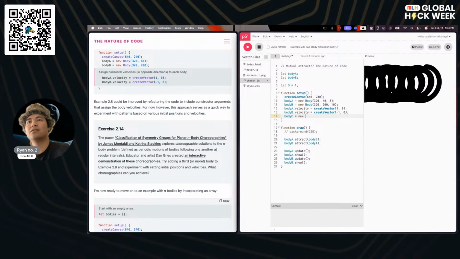Body C is equal to new body 320, plus 160. We'll do a nice even 10, 10, 10.